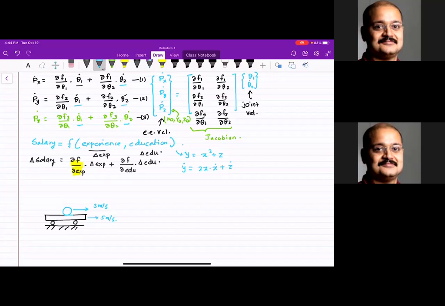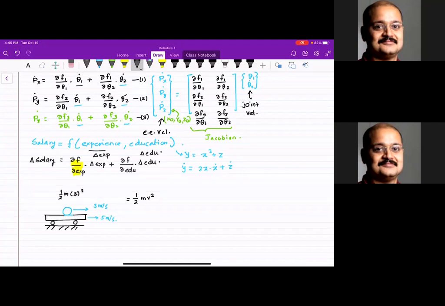If I ask you, what is the kinetic velocity of the ball? What would you tell me? You will say the equation is 1/2 mv square. Now, kinetic velocity in the relative frame, relative meaning relative to the cart, is 1/2 mass of the ball multiplied by 3 square. Do you agree with me?